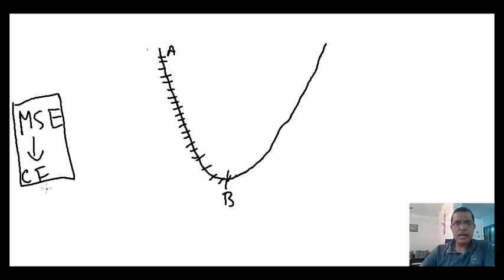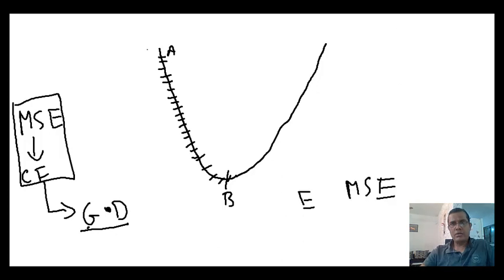So basically I can say that gradient descent is an optimizer to find the optimum value of MSE. So gradient descent is an optimizer to find the optimum value of my MSE. So when I'm training my model using gradient descent, for a given data, a number of solutions can be possible.